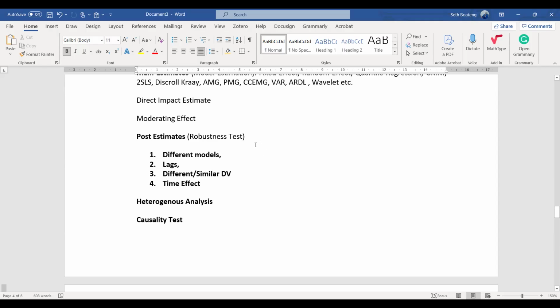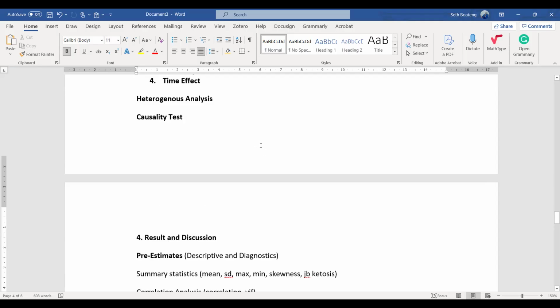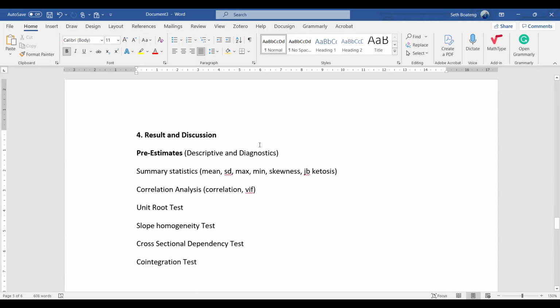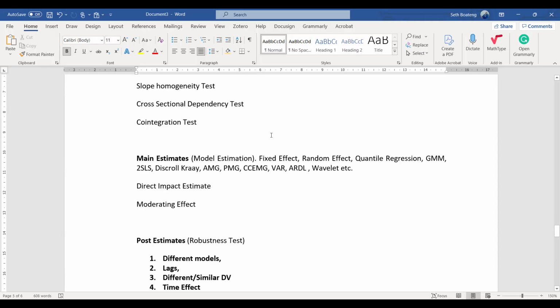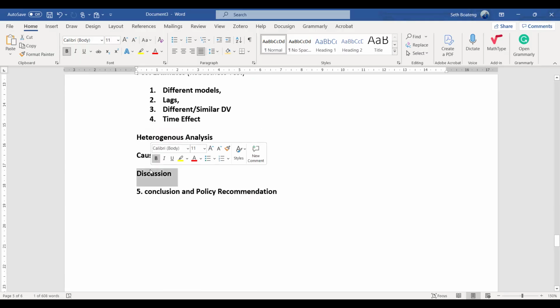Or this finding contradicts the findings of Boateng et al. Or it supports the sustainable development theory, which explains that. Then you state what the sustainable development theory talks about. That's the discussion. So you discuss your findings.